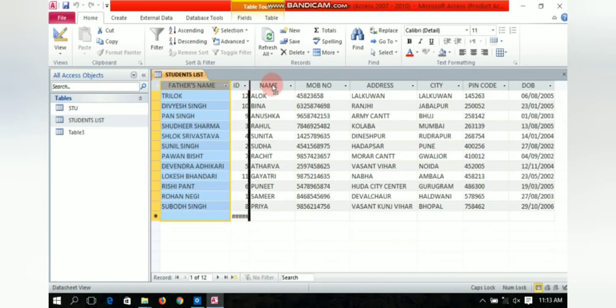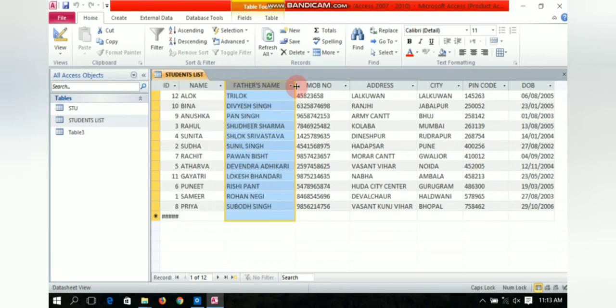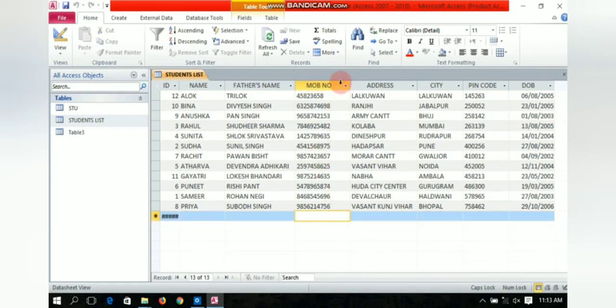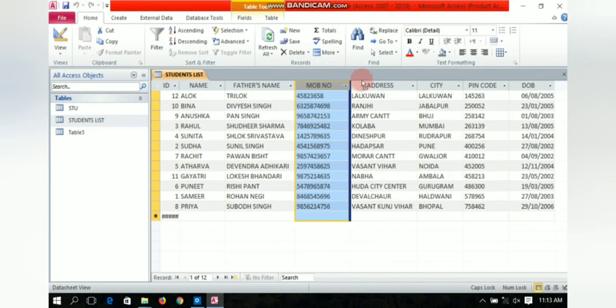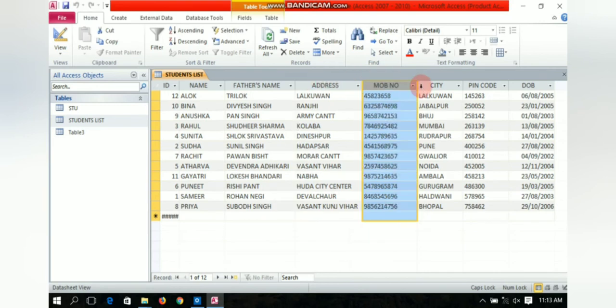See, it can easily move. Okay, any field can move anywhere. You can just select the column and move it. Like when you freeze the column, then it will not move anywhere. Fine.